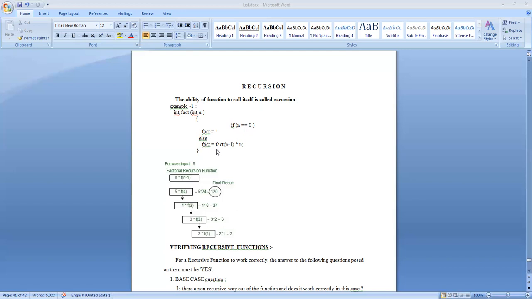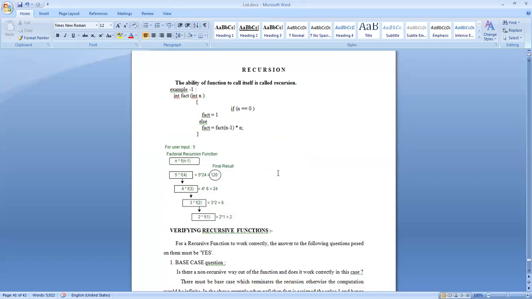Else, fact is equal to fact of n minus 1 into n. See here, this is the recursive call of this function. Look at this fact, parameter. So within the body of this function, the function is called again. This is an example.